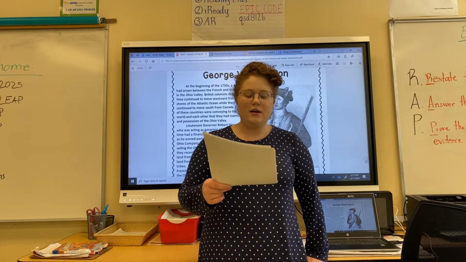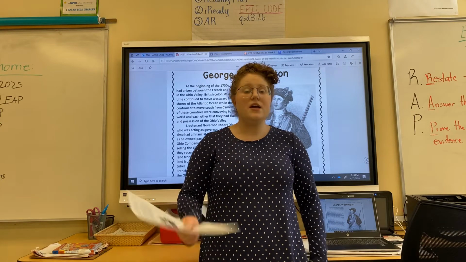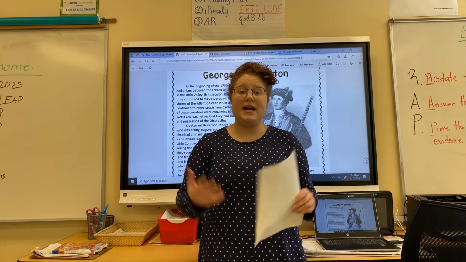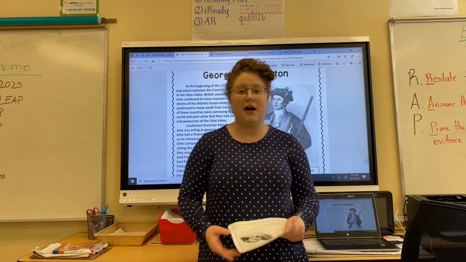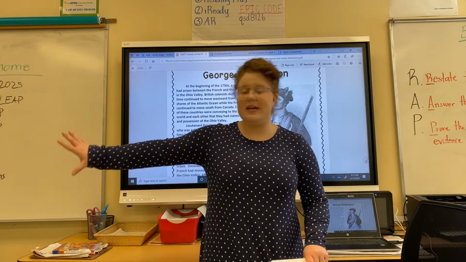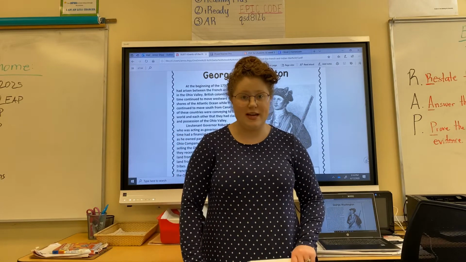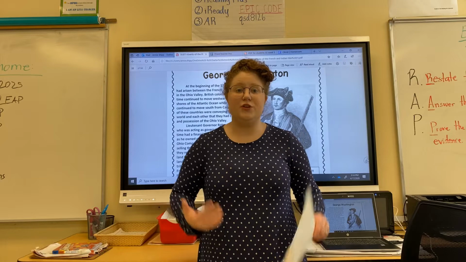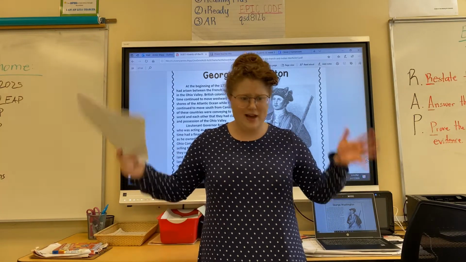Upon arrival, Washington handed his papers and impressions of the French to Dinwiddie. So Washington decided, okay, I think the French are going to attack. I'm going to get back to the governor Dinwiddie as quick as possible and tell him what I think. And that's what he did. He actually left most of his men behind. Him and one other dude were basically running over the land, trying to get back to the governor as quick as possible. Like, oh no, the French are going to take all of our land in the Ohio Valley.